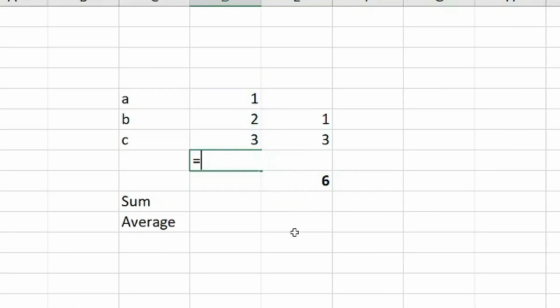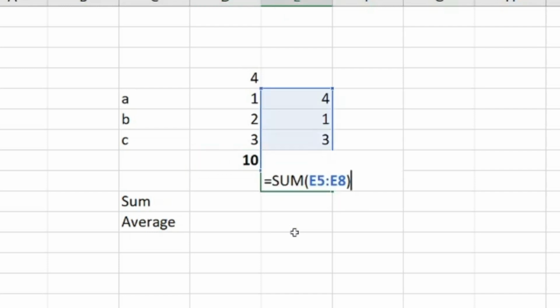Let me say sum of this, so that it does not fall in the named range which I have defined. And here let me add 4 here as well. If I copy this formula here, it will give me the correct result because now it is referencing the cells in this cell E9. It is saying that I have to sum the 4 cells above this.